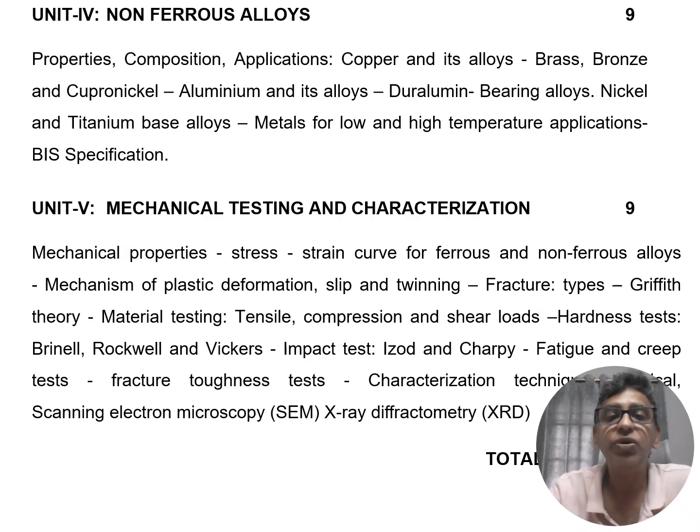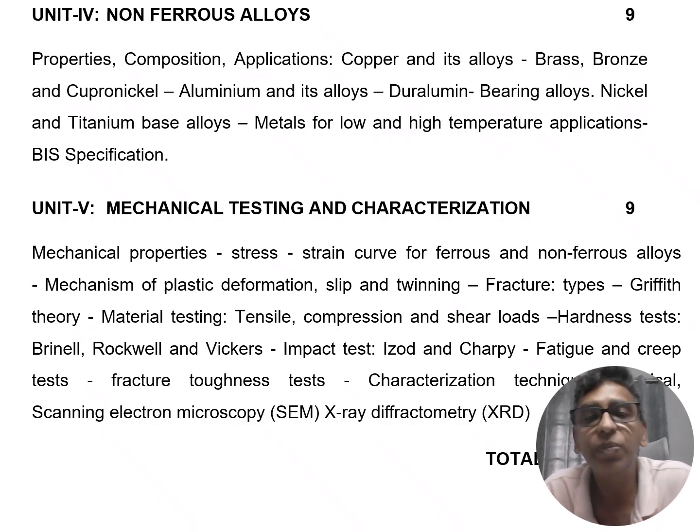Unit 4 deals with non-ferrous alloys, properties, composition, application, copper and its alloys, brass, bronze and cupronickel, aluminum and its alloys, duralumin, bearing alloys, nickel and titanium base alloys, metals for low and high temperature applications, Bureau of Indian Standard specifications. Unit 5 deals with mechanical testing and characterization, mechanical properties, stress strain curve for ferrous and non-ferrous alloys, mechanism